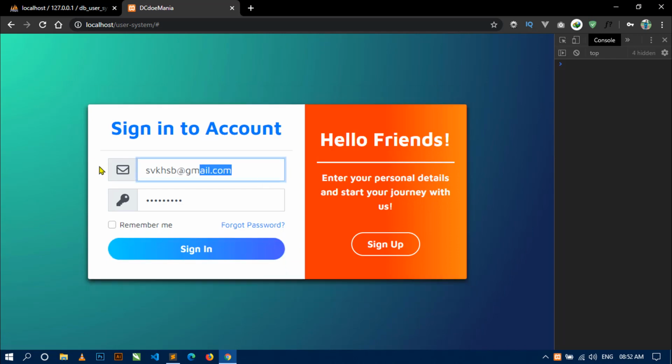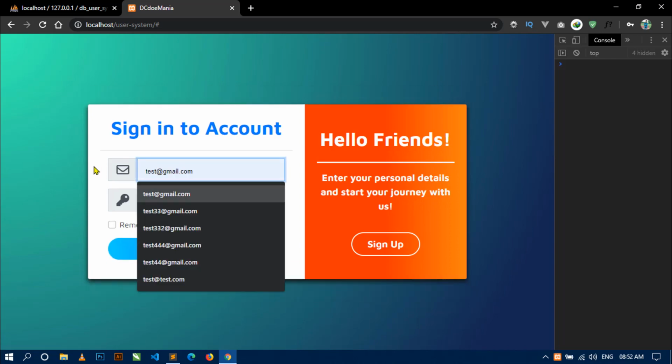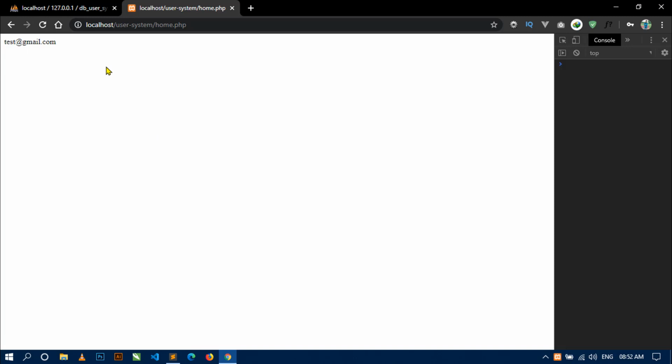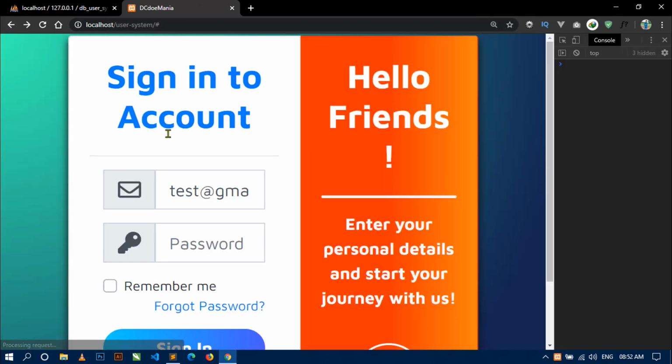Okay, now let's write the correct one, and 1 2 3 4 5, click on sign in. So here you can see when we enter the correct email and correct password, then we are redirecting to home.php. Okay, and if we come here again,